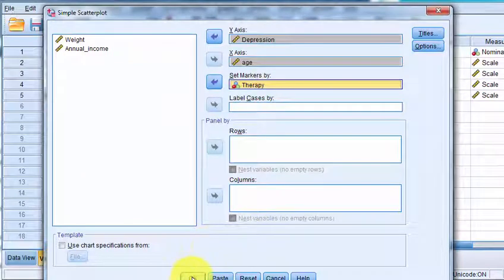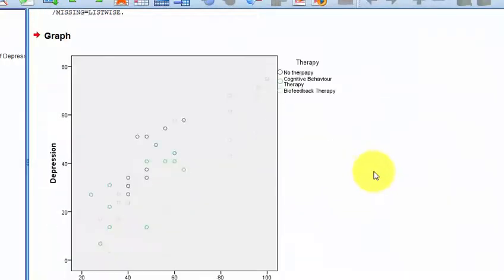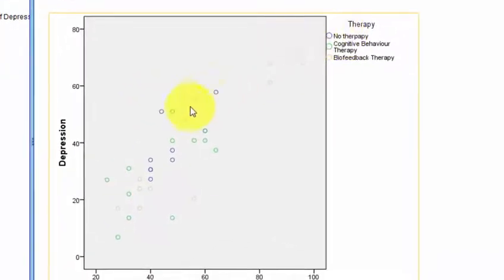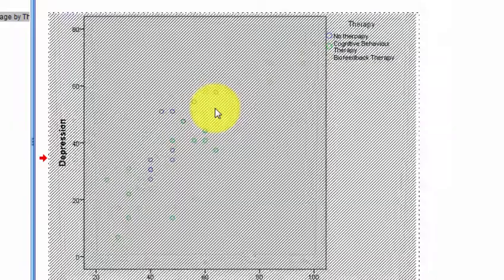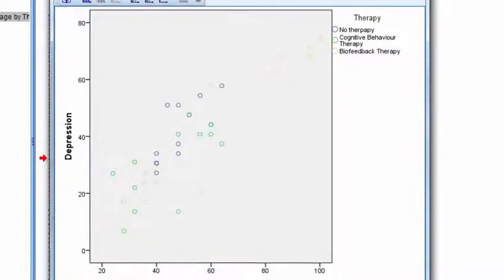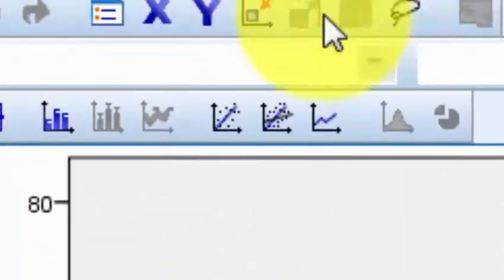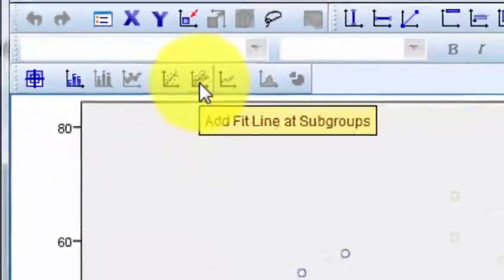So let's go ahead and click OK. And you get all the different bubbles here. So the blue is the no therapy group. The green is the CBT therapy group, and the gold is biofeedback therapy. They should have changed that. Gold, you can barely see it. But what you do is you double click, you bring up the chart editor, and you go to this one with all the different lines on it right there in the middle. Click,